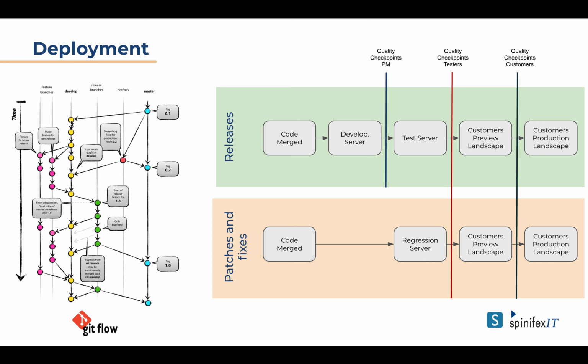So when you develop something new, we create what we call a branch per feature, so per enhancement, so per Jira ticket we have one branch, and the developers are working on it. When the developers are happy with their code, and it has been peer reviewed, first automatically, so I'll go back on that later, but also by a senior developer, that's the time it is merged back into the develop branch.